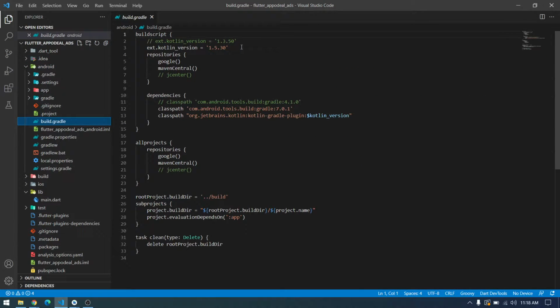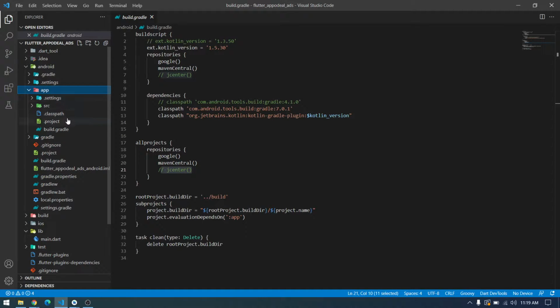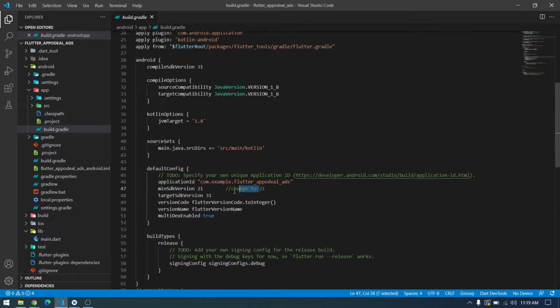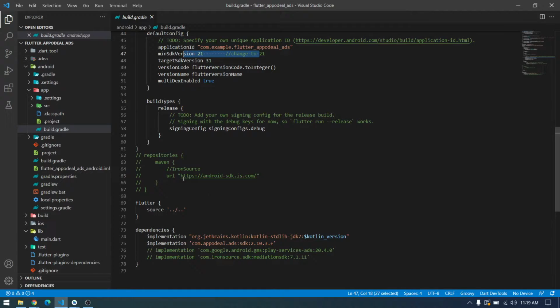These are the things you have to change: the Kotlin version, add this Maven central and remove this one, and then you have to also add Maven central here and remove this one. Then in the app-level build.gradle, come down and change the minimum SDK to 21, and then all the way down you have to do all the changes according to this one,